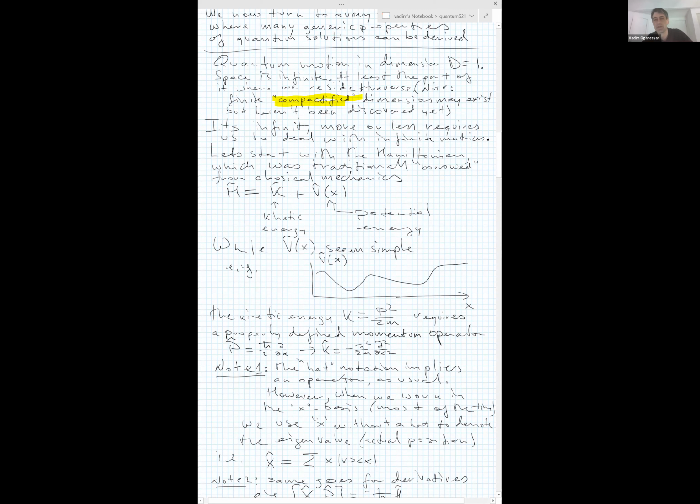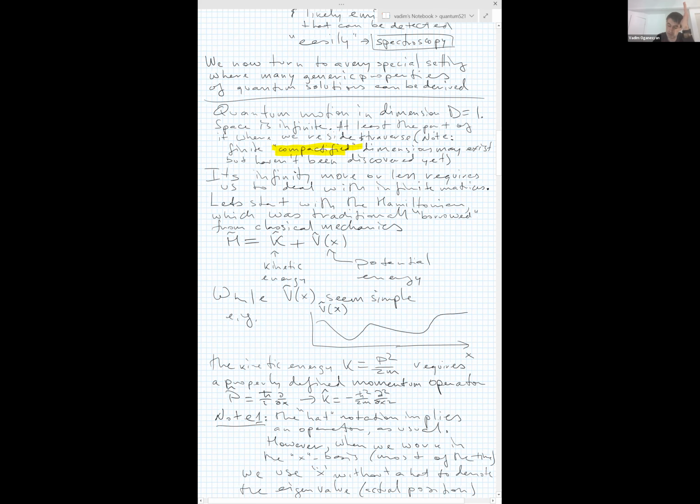So if you Google compactified dimensions, you will see scientific papers on this, but this is not what we're interested in in this class. Although there is a relationship between compactified dimensions and angular momentum, the quantum mechanics of angular momentum, and we'll see that formally. In fact, the motivation for the talk about compactified dimensions comes from that part of elementary quantum mechanics. So anyway, let's assume that the space is infinite, and we now need to state the problem. What problem are we going to solve, right? The problem here was defined